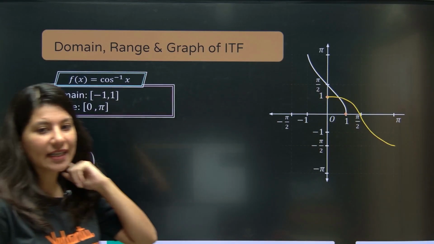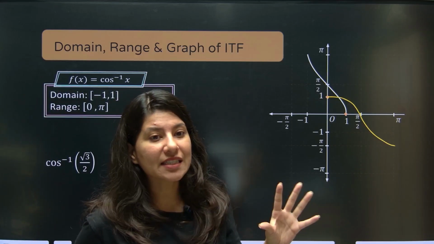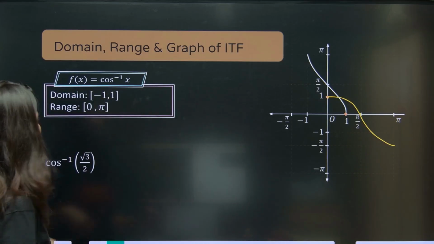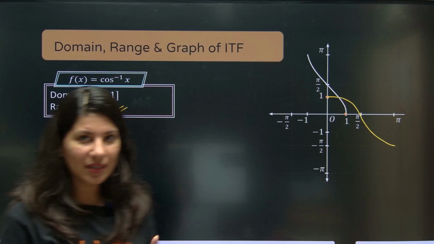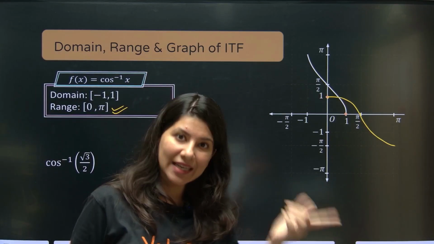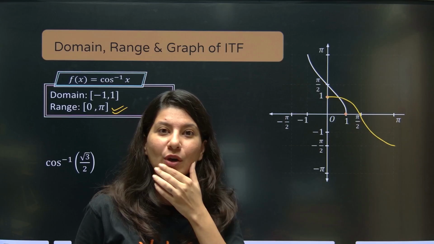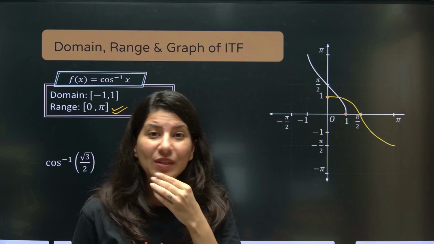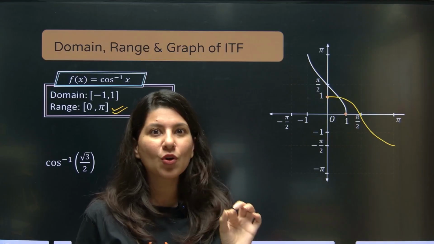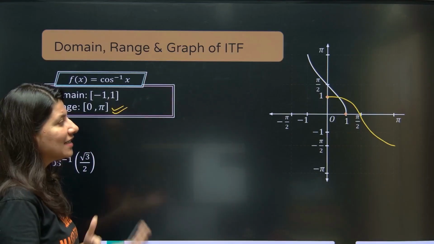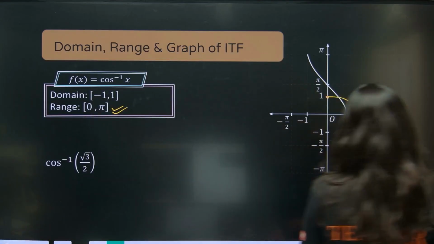Why first and second? Acha, tell me. Why we are considering first and second quadrant for cos inverse x? Because see, first quadrant is primary thing. Now we have to think about either second or fourth. Now fourth quadrant cos is positive. So we have to leave fourth quadrant this time. We have to stick to second because in second quadrant cos is negative. So first and second quadrant. So my graph is also first and second quadrant.